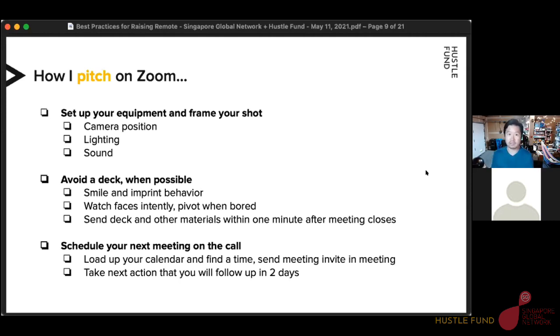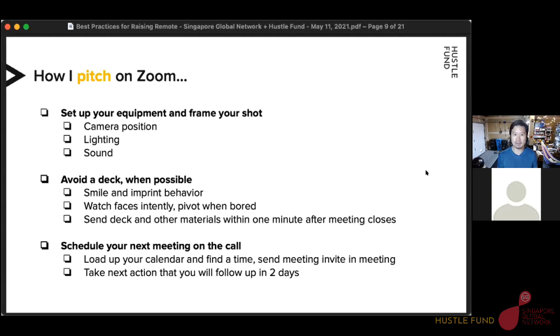You can watch others as well. So I'd like to extend in a gallery view, myself in the middle. You can move yourself around on most Zoom calls and see everyone else. And this is actually the superpower that Zoom offers. That's even better than pitching in person, is you can see everyone's faces. So if you're in an all-partner meeting right now or pitching to several people at once, it's very easy to get a sense and read of the room.